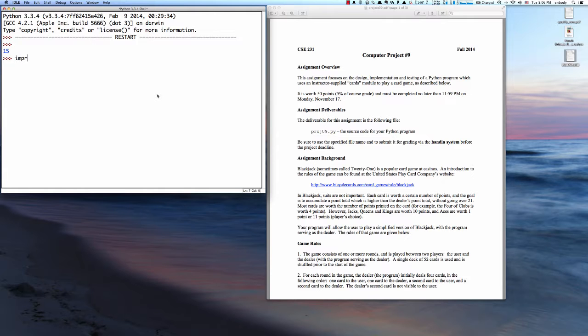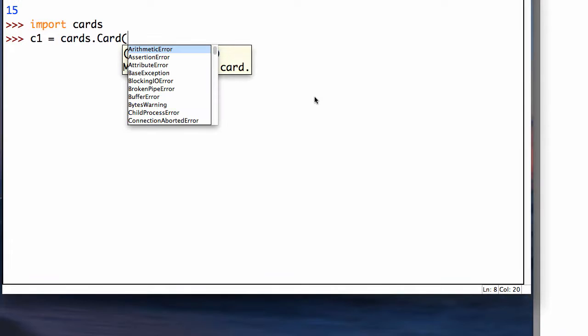So at this point, I've imported my cards, and that means I'm in the directory where the cards class is. And to create a card, let's create a card. So we go to that file, get the card class. Notice it's capitalized, and you can see that